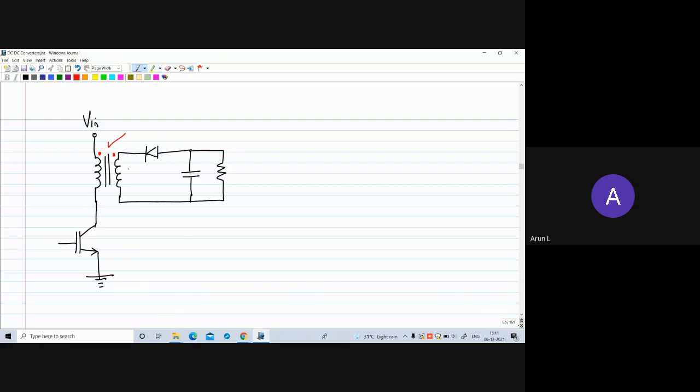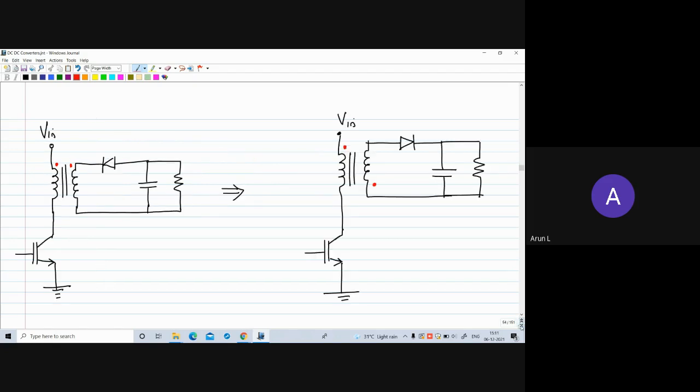Here if you observe, since the diode is oriented like this, current will be flowing this way, in the upward direction. So the output voltage will have this polarity. If you want the output voltage upper terminal positive and lower terminal negative, we can flip the output side. We can change the dot polarity to the other end and change the diode direction. Here you have the output voltage with the lower end positive and upper end negative. So in order to make the upper end positive and lower end negative, I have changed the location of the nodes and changed the direction of the diode. This is the final diagram of the flyback converter.